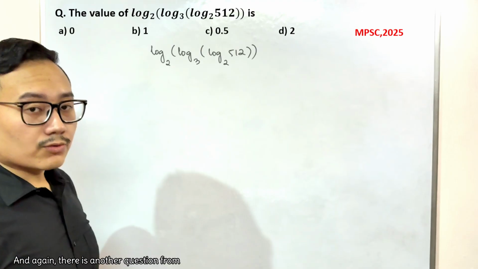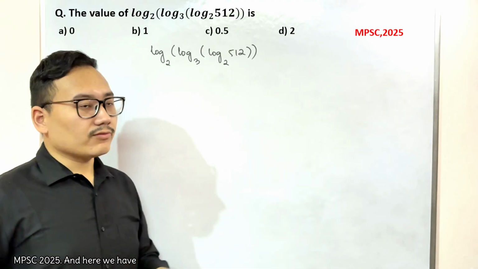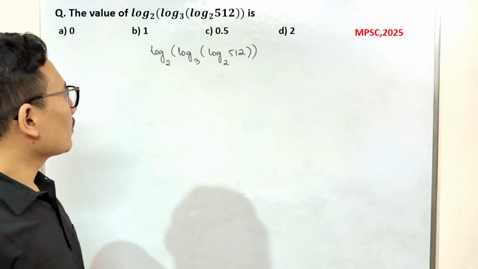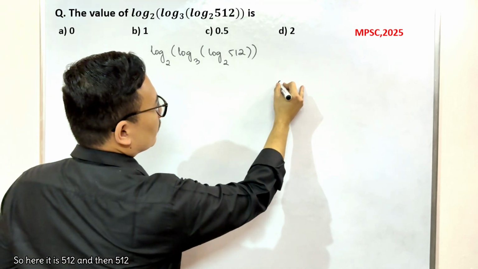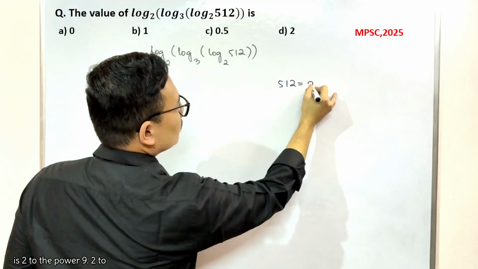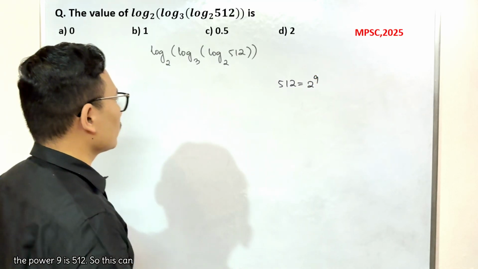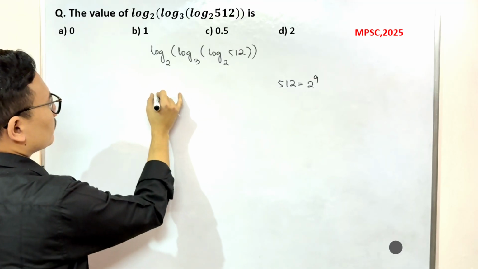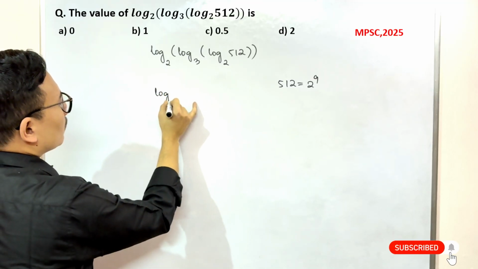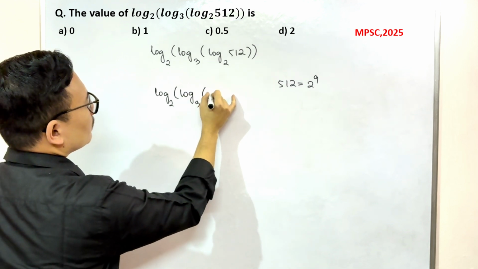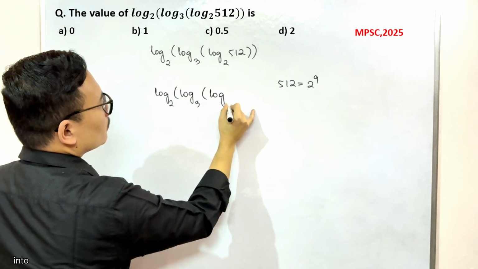And again, there is another question from MPSC 2025. And here we have to find the value of this log. So here it is 512, and 512 is 2 to the power 9. 2 to the power 9 is 512. So this can be written as log 2, log 3, into,